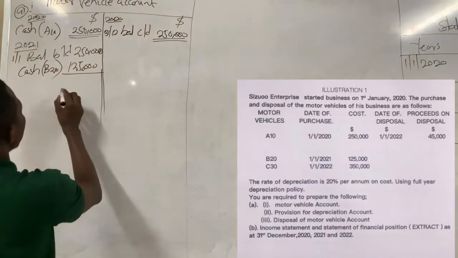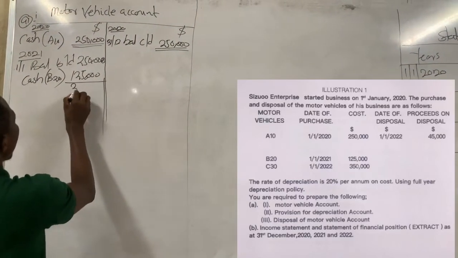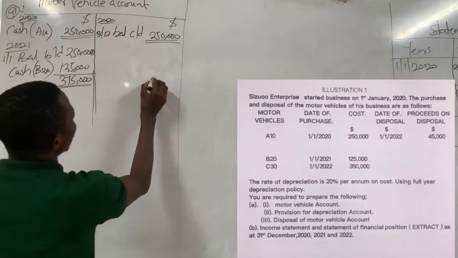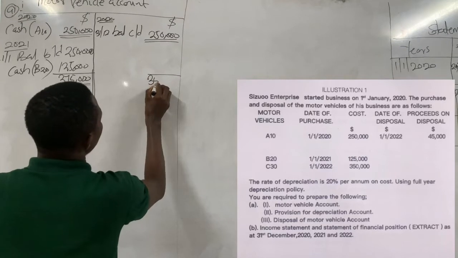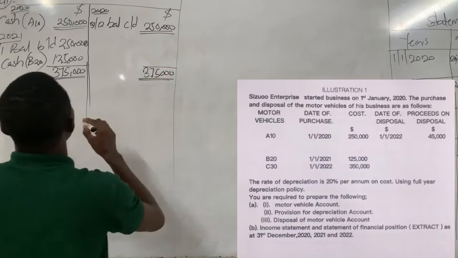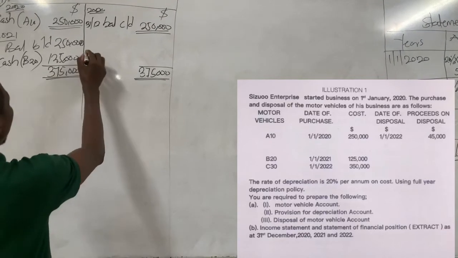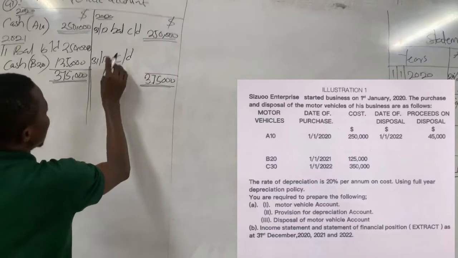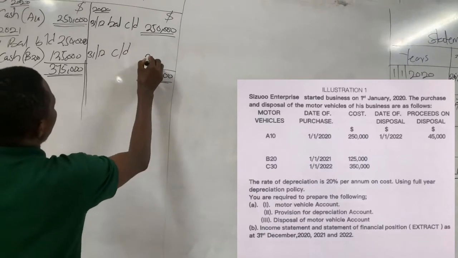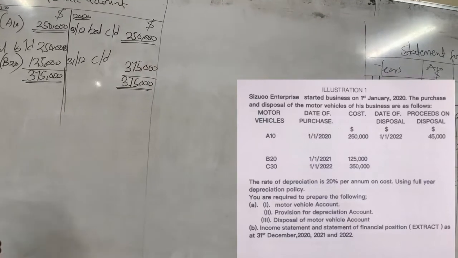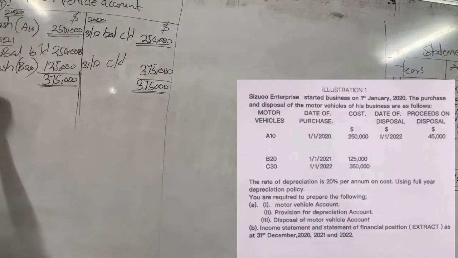So by closing it, the total will be 375,000. So that the carrying amount will be on 31st of December, CD, that is the balance CD, 375,000. So in the subsequent year, that is 2022,